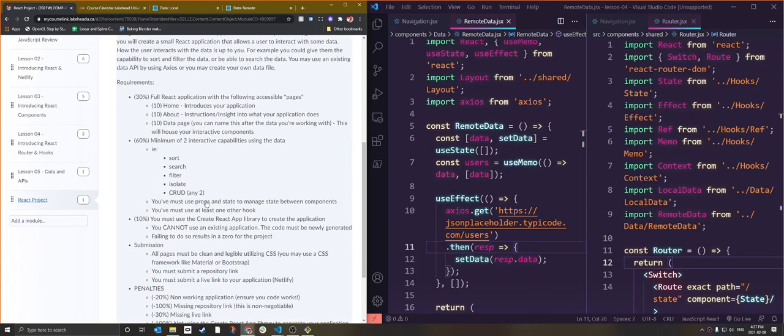So your requirements: full React application with the following accessible pages. Each of these are worth 10%, right? You're going to have a home page and an about page, and we're going to create that in a little bit. Not the actual content, but we'll create the structure for it. You're going to have a data page. You can name this after the data you're working with, right? That's kind of called resource naming. So you can think of your data as a resource that you're accessing, and your data page should be named